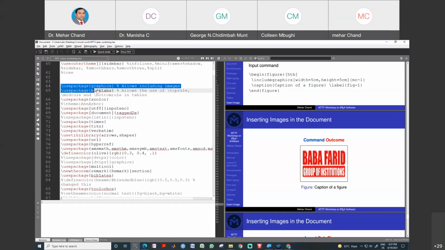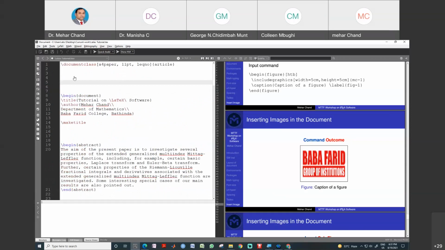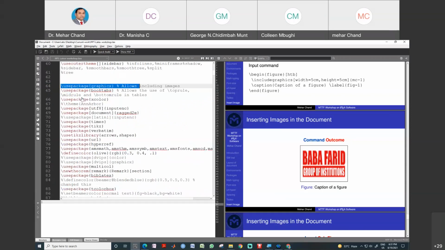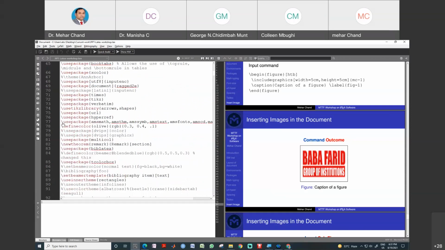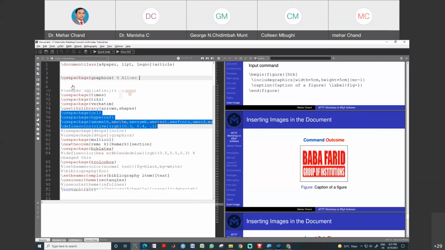This is the package for graphics, and copy from this place and insert at this place, okay. And you can see several more packages are there for mathematics, equations, all these are required. We are copying all these. This package is used for URL, this is for hyperref, okay. We need all this, and copy from this place and come here, we insert here, and see,